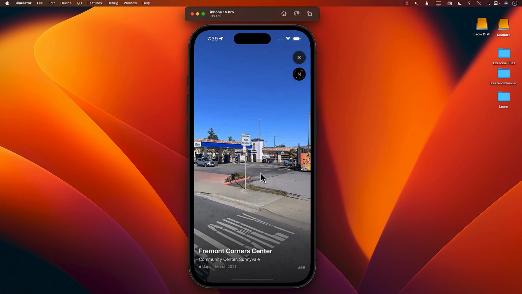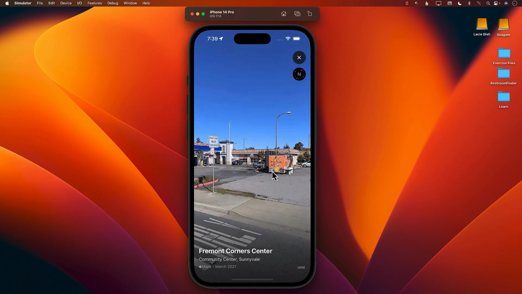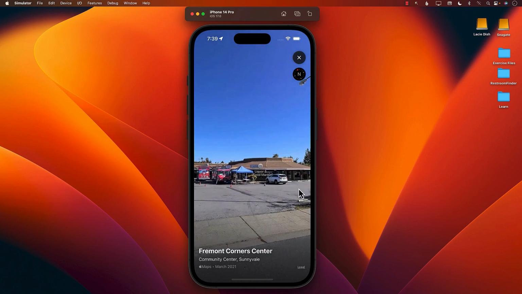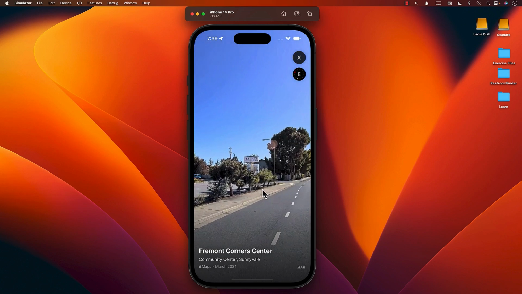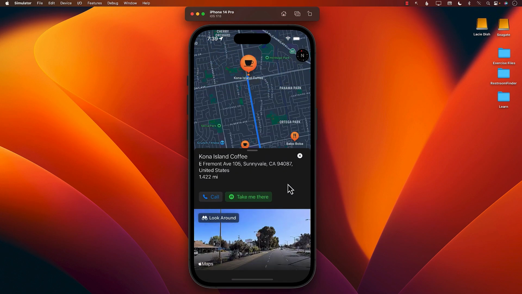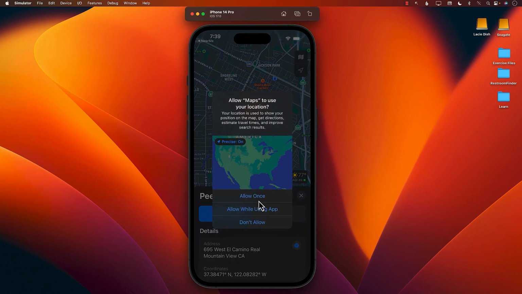This is very cool because now we can quickly find out what the surrounding area is. Maybe after the coffee, we're more interested in getting a burger or a taco, so we can definitely do that also. And finally, once you're happy with it, you can click on Take Me There, and it's going to launch the